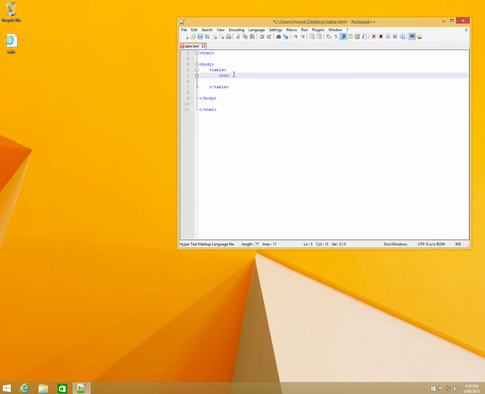So I'm going to use the tr, and I'm going to close that row just there as well, just so I don't forget it later on. Just make a bit of space there. Now inside a table row, we're going to have table data cells. So again, I'll just make the table data cells. I'm going to do a few of them. So I'll just copy that